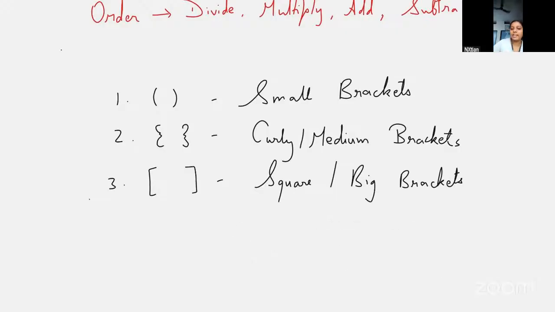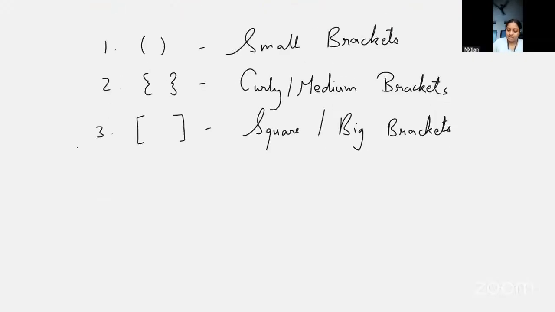Now see. The small bracket is solved first. Whatever is written in the small bracket, we solve it first. Whatever is written in the curly or medium bracket, we solve it second after the small bracket. Whatever is in the big bracket, we solve it at the end. This is the format. First we will solve small bracket, then curly bracket, then square bracket. For example, if I have a question,